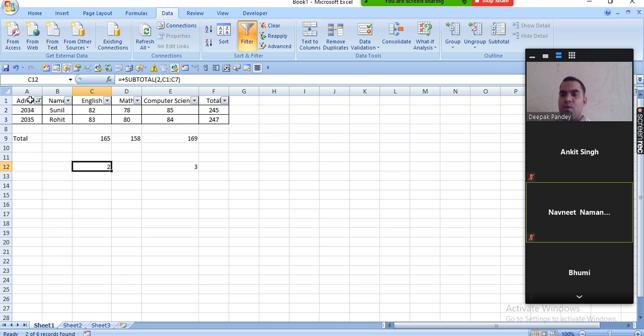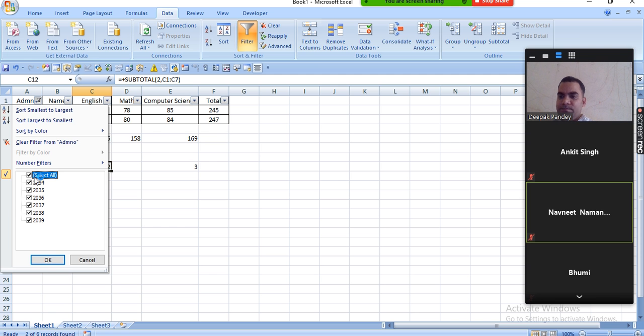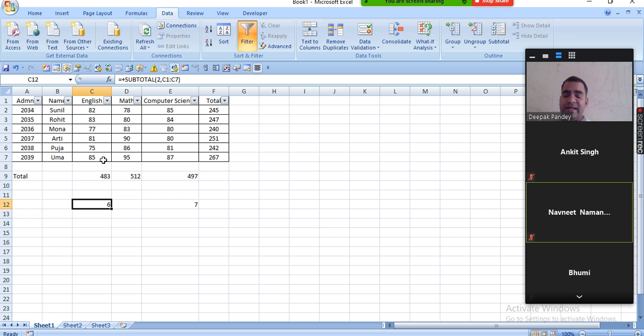So these formulas are very important in the MIS field, and if you learn each and every formula and learn Excel in a proper and good manner, you can get a decent job anywhere in a company.